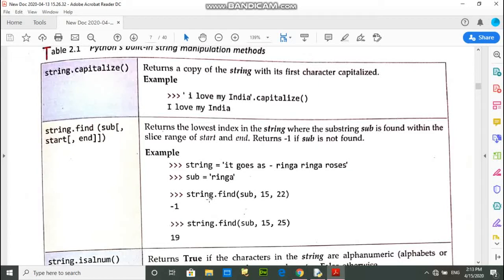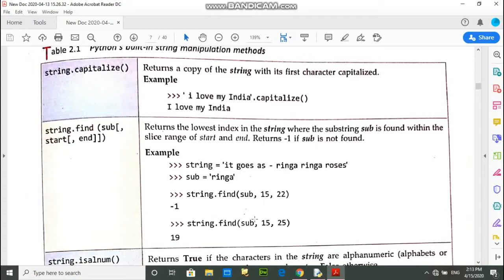Suppose you are going to find string.find(sub, 15, 22), so 15 is the starting position and 22 is the last, and sub is "ringa". If this substring is not available in the range 15 to 22, then this function will return -1.